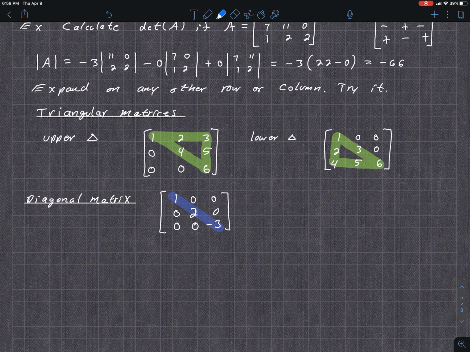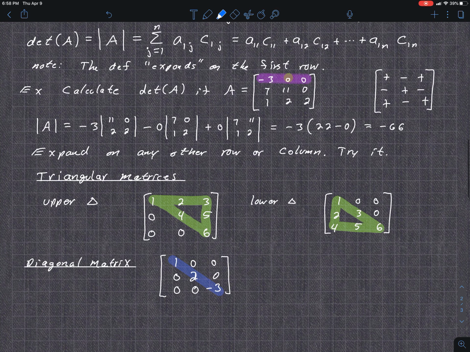So the diagonal has values in it, non-zero values. Usually, I think you would need to say at least one is non-zero. Otherwise they're all zeros, which is kind of not very interesting. So that's one case. Okay. The next would be getting to